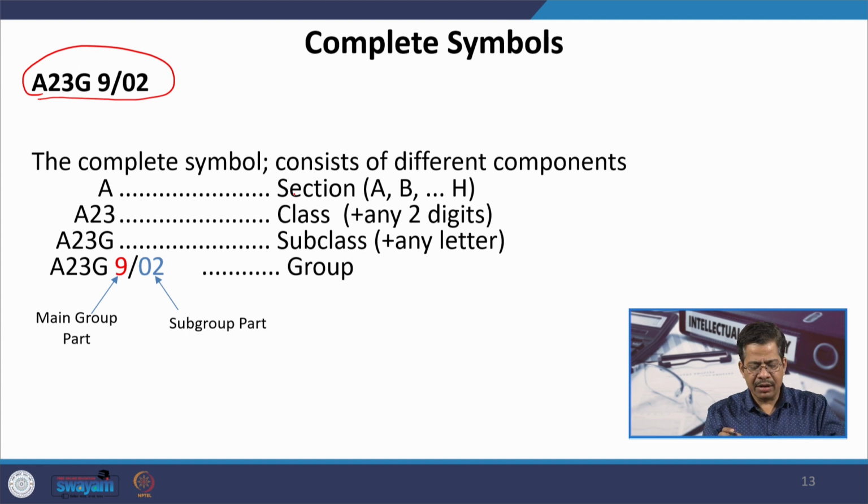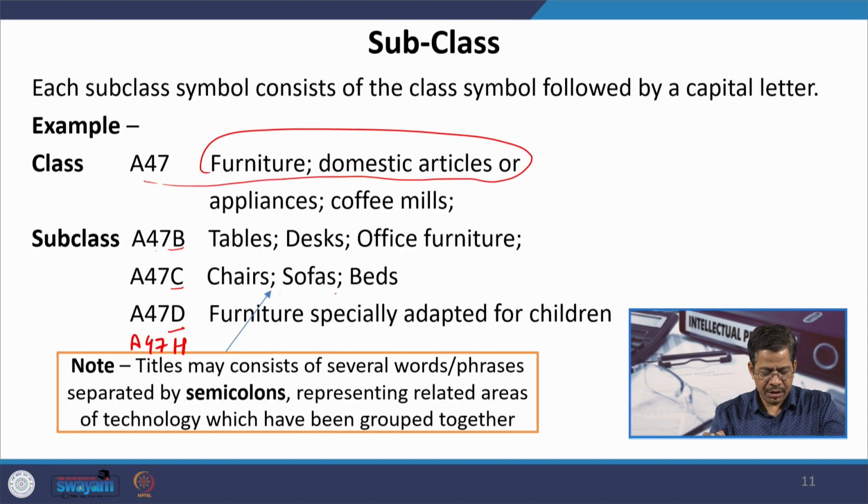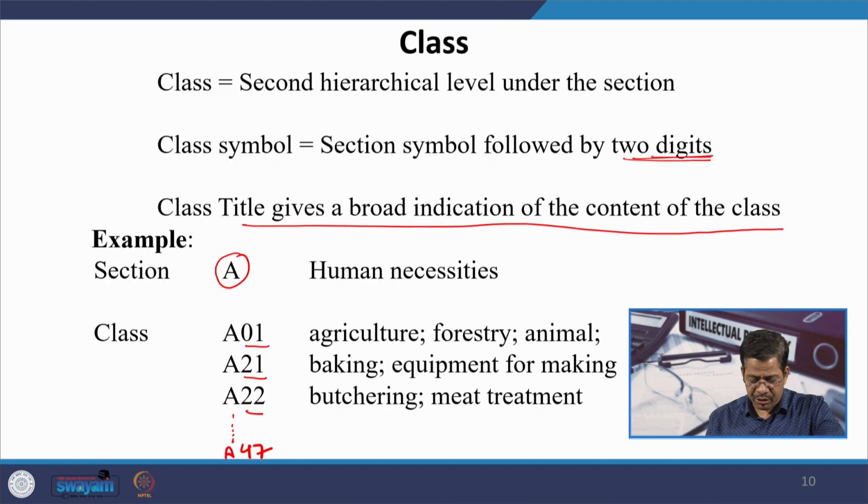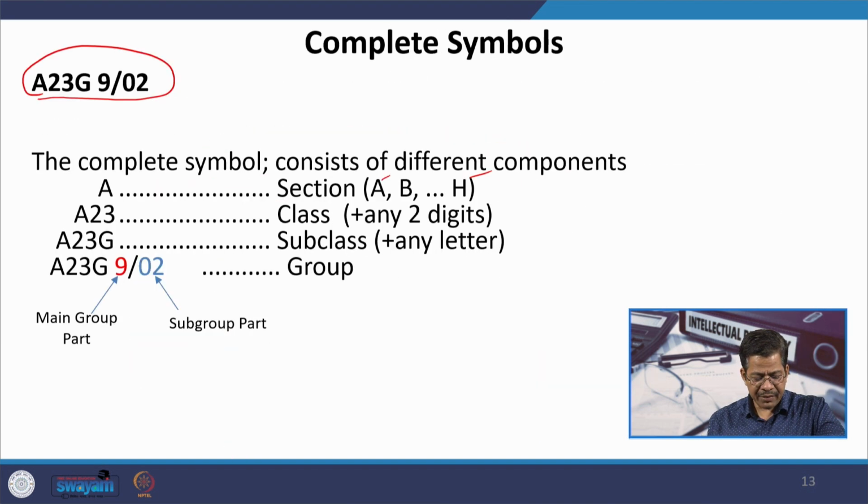the main, that is human necessities, which is coming from A to H. A, have we understood that it is human necessities. 23, you can remember we did not have A23, but A23 is an example of a class. So, 23 is the class. 23G, now G is the subclass,